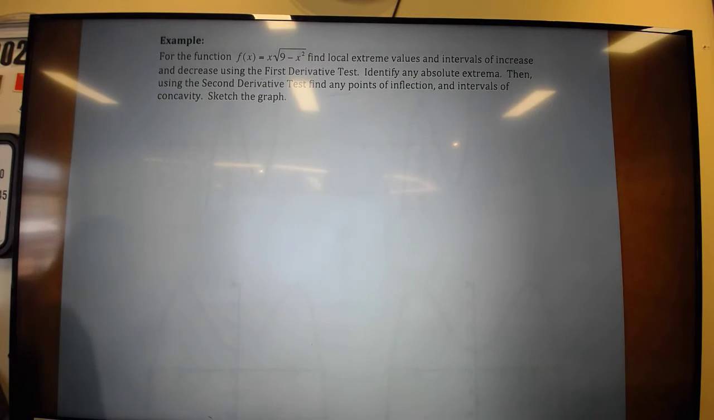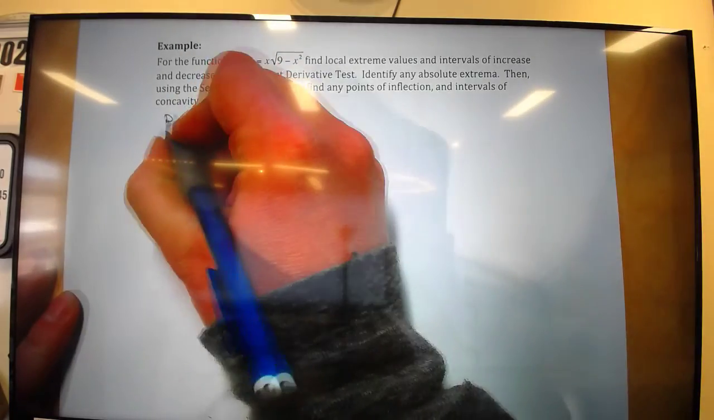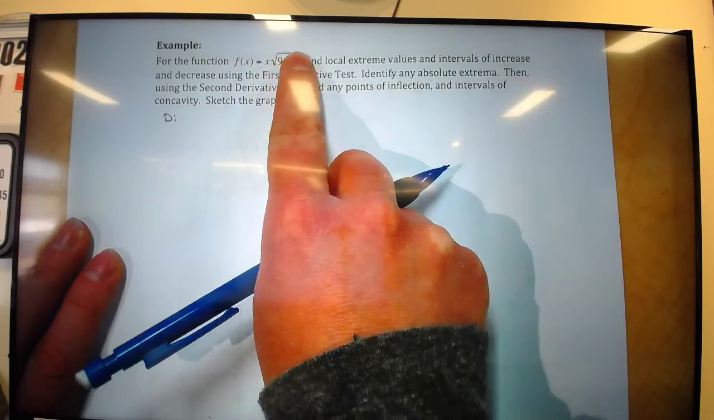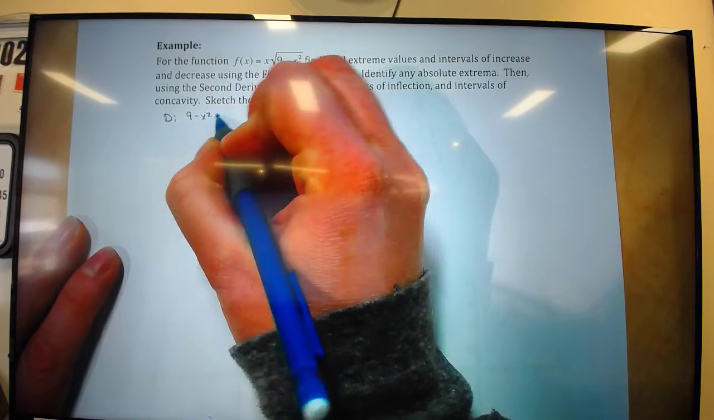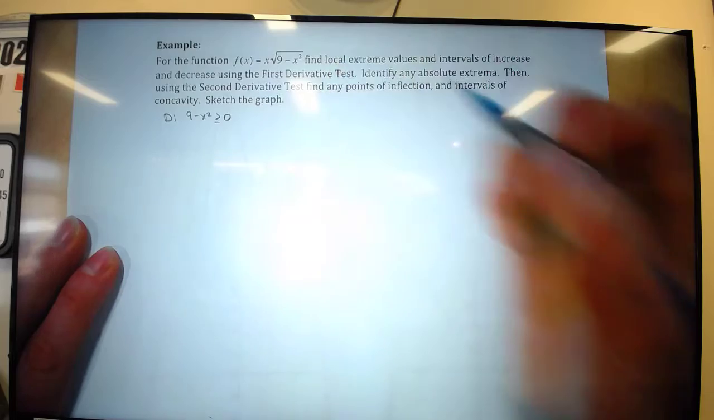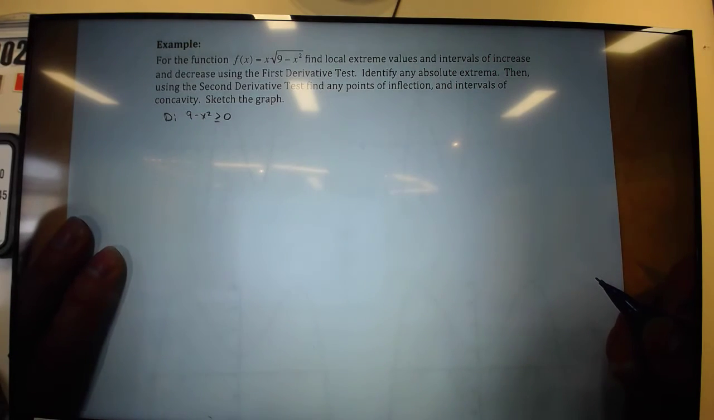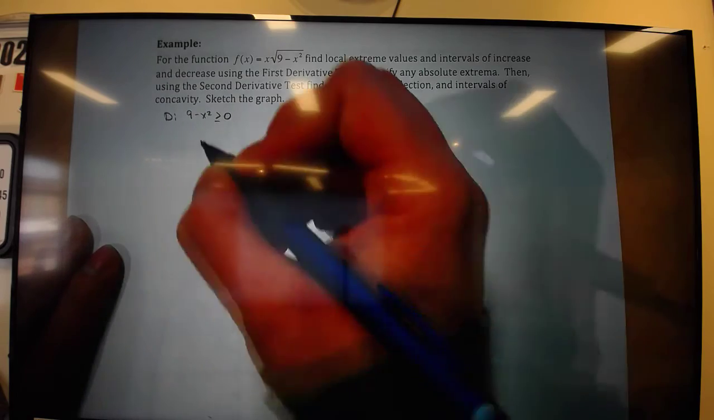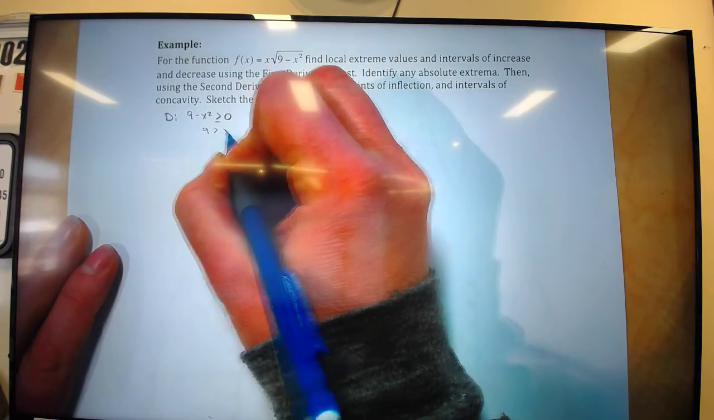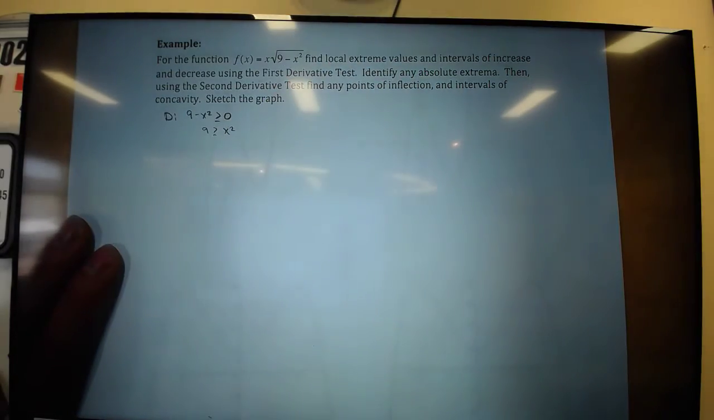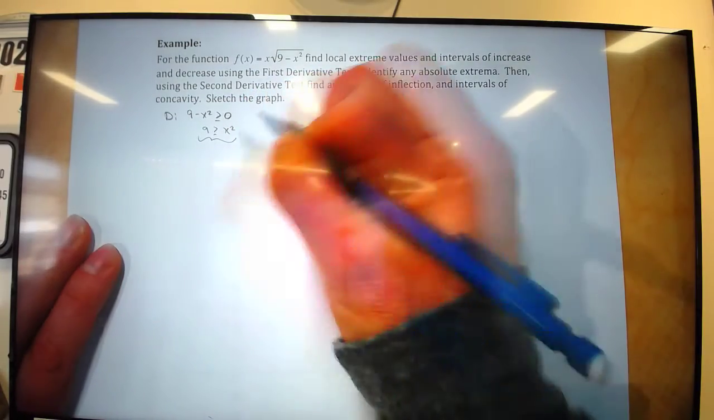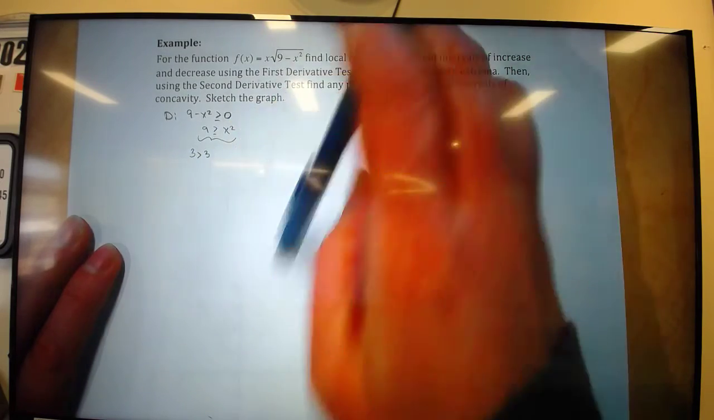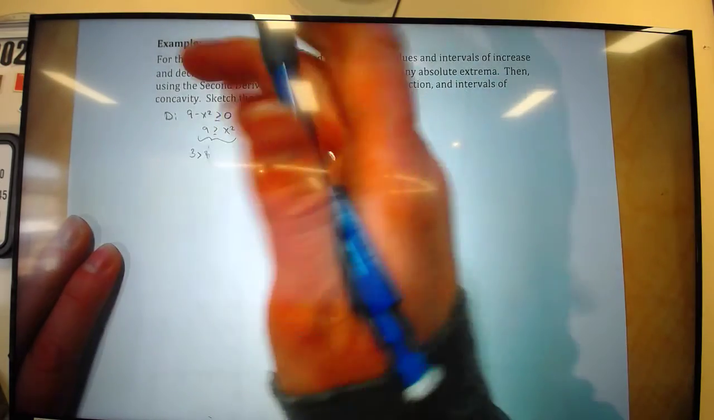So the first thing that we're going to do is domain. Because we have a 9 minus x squared under a square root, that 9 minus x squared has to be greater than or equal to 0, right? Because we can't square root anything that is less than 0. So then we know that 9 has to be greater than or equal to x squared. So from that, we can figure out that 3 has to be greater than or equal to